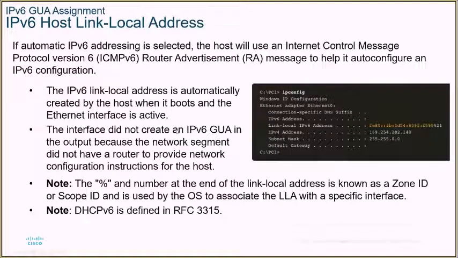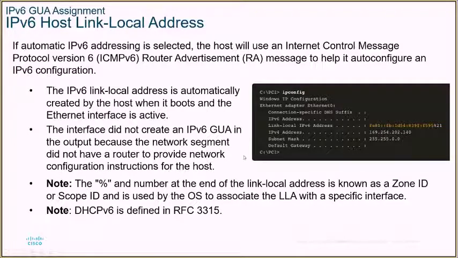Of course we also have link-local addresses. If automatic IPv6 addressing is selected, the host will use an ICMP router advertisement message to help auto-configure the IPv6 configuration. The link-local address is automatically created by the host when it boots and the Ethernet interface is active. The interface did not create a global unicast address in the output because the network segment did not have a router provided, and so that's why we just have the FE80 number